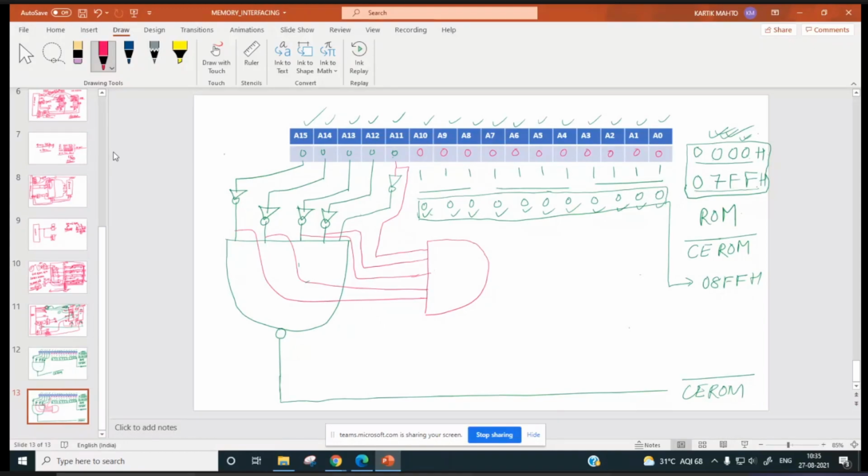It means this is 1, right? If this is 1, this is 0, this is 0.